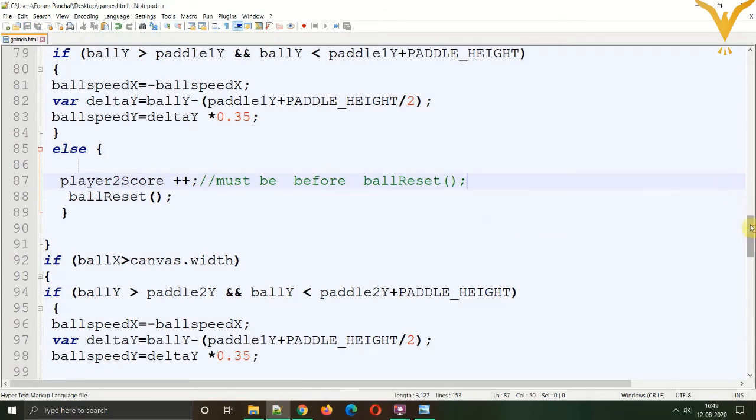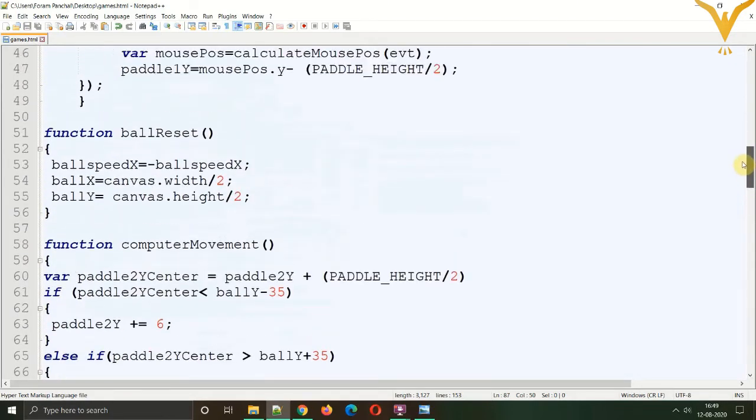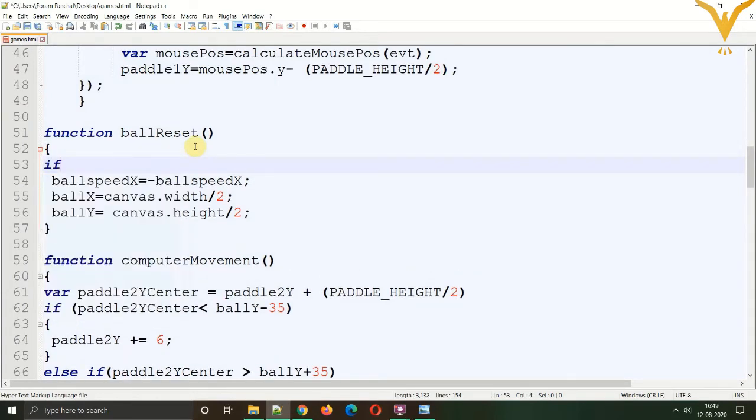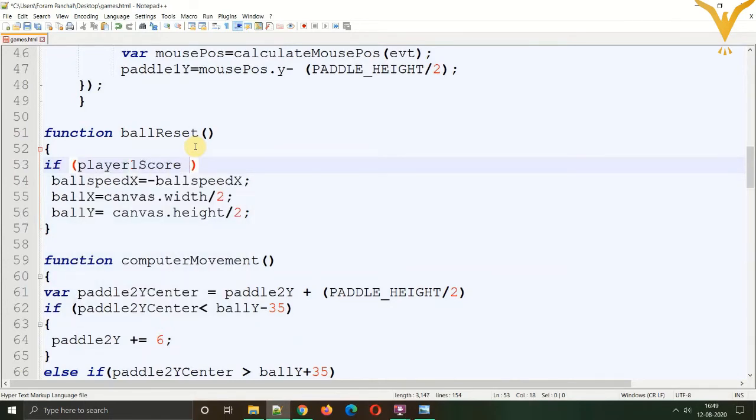Now into the ball reset function, we will create the condition of comparison. We'll write if player 1 score is greater than or equal to the winning score, or, for or we use the pipe characters.